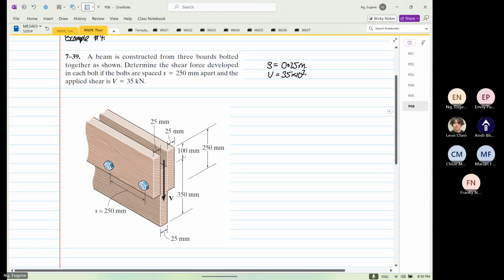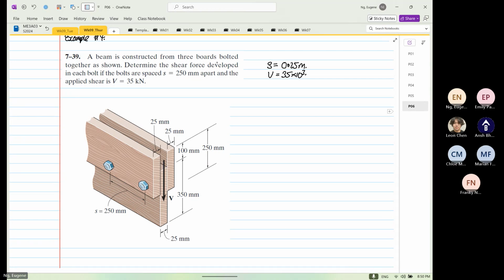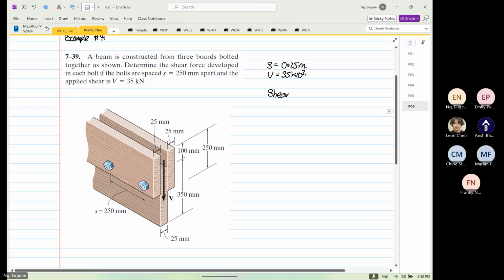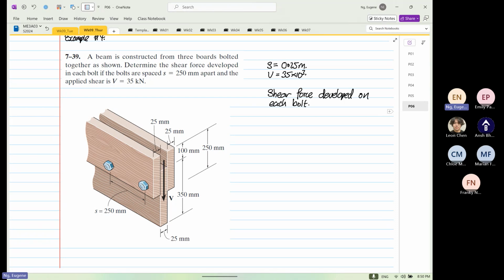Okay, so we have to determine the shear force developed on each bolt. Okay, we have to determine. Okay, so now, if we look at